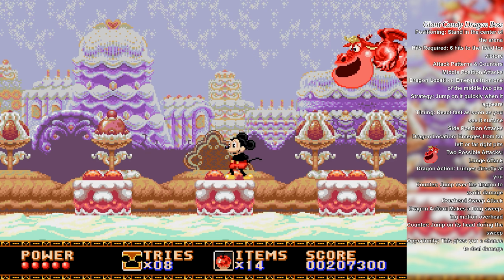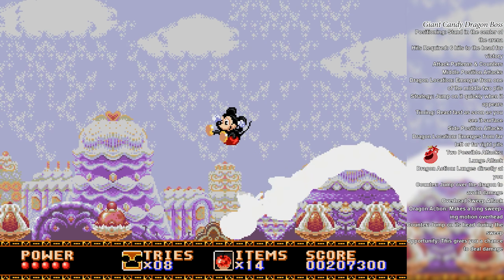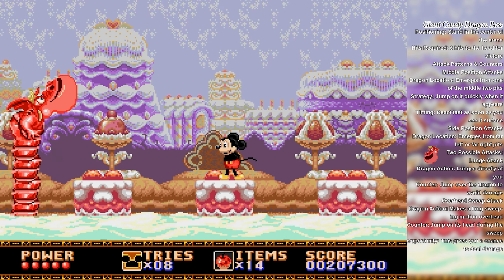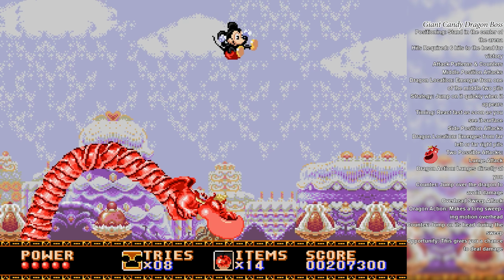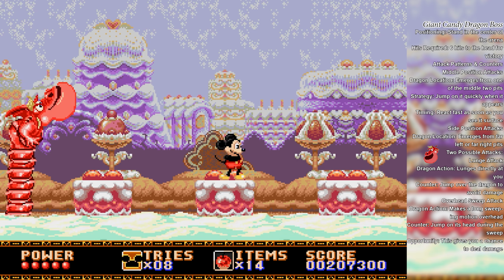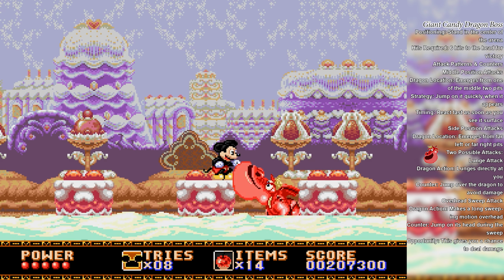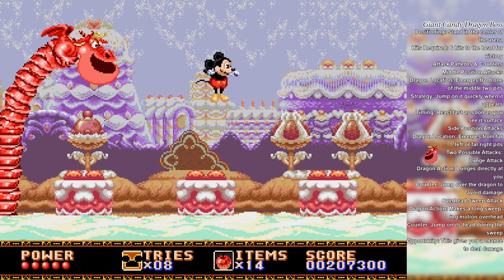Position in the arena's center and watch carefully for the dragon's emergence location. If it appears in either of the 2 middle pits, immediately jump on its head for a successful attack. When the dragon emerges from the far left or right positions, it will either lunge directly at the player, requiring